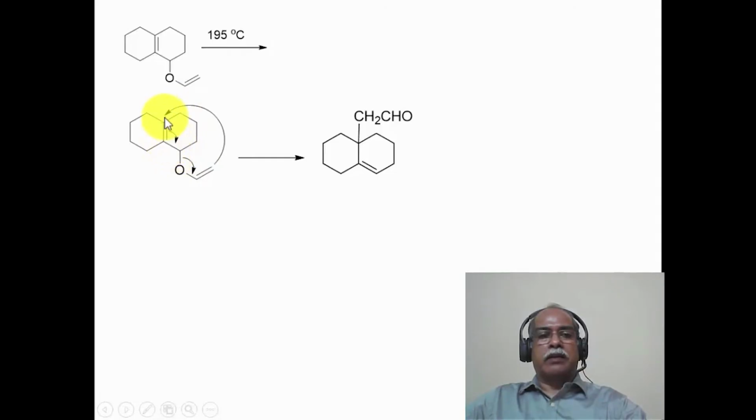position of the allylic, the terminal position of the allylic ether. In other words, the vinyl oxy unit is transferred onto the terminal carbon of the allyl fragment of this vinyl allyl ether, resulting in the formation of an aldehyde, which is nothing but a gamma delta unsaturated aldehyde. Remember, the Claisen rearrangement gives a gamma delta unsaturated carbonyl derivative depending upon what kind of a Claisen rearrangement it